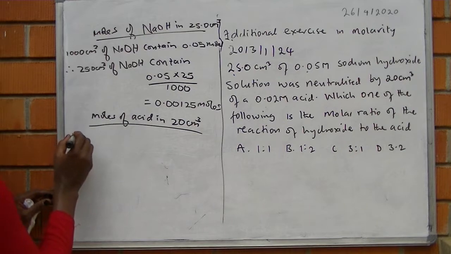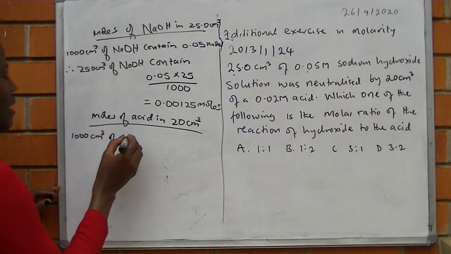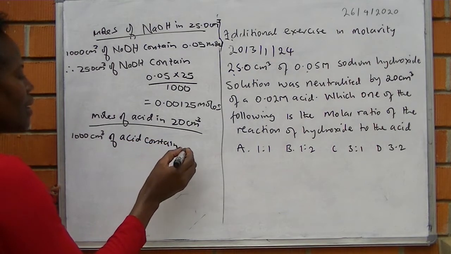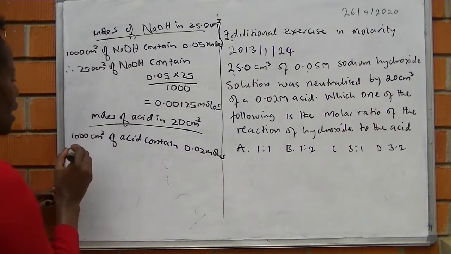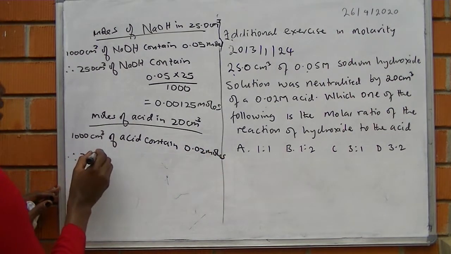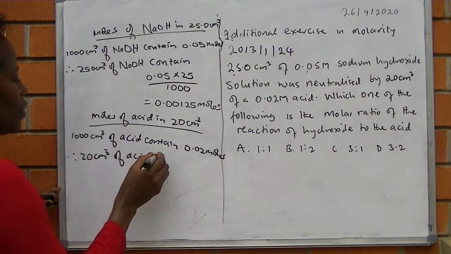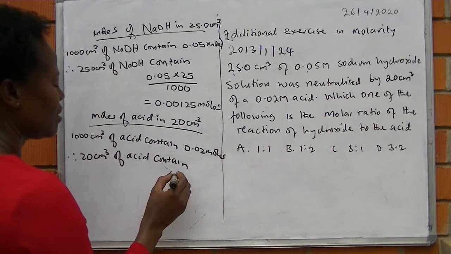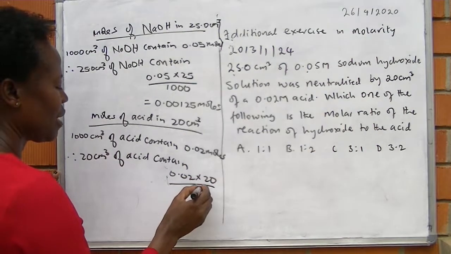So 1,000 cubic centimeters of the acid contain 0.02 moles. What about 20 cubic centimeters of the acid will contain, we cross multiply 0.02 times 20 over 1,000,